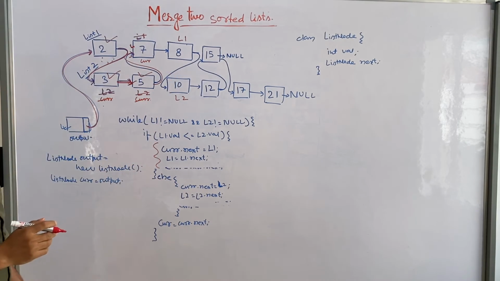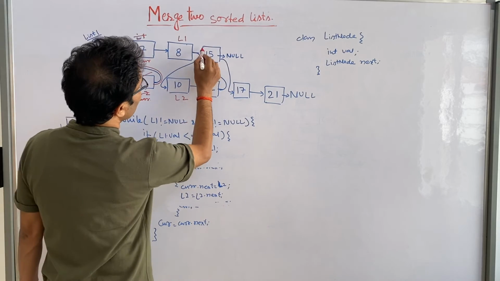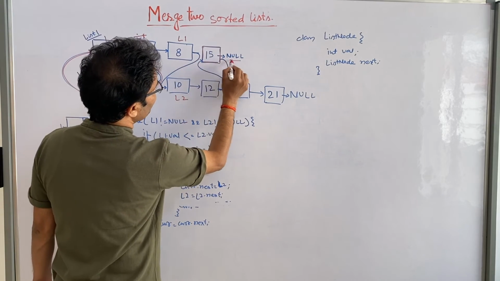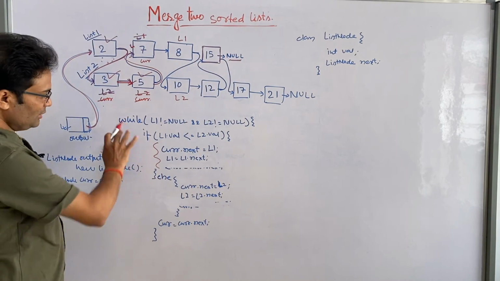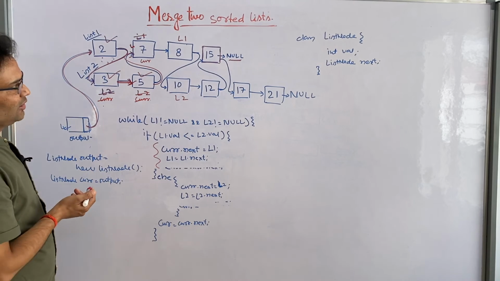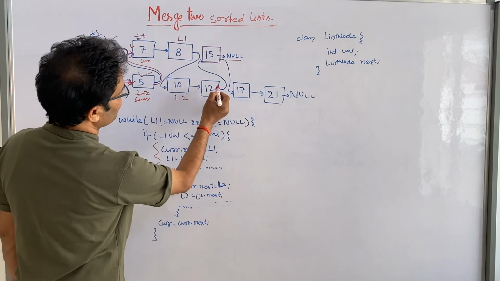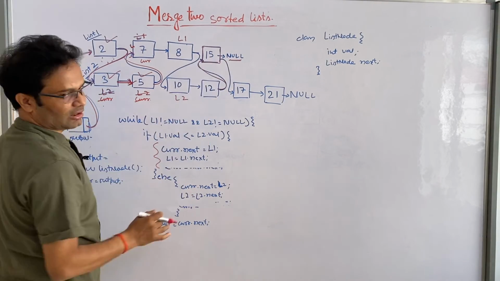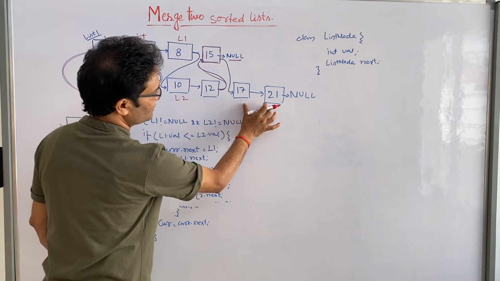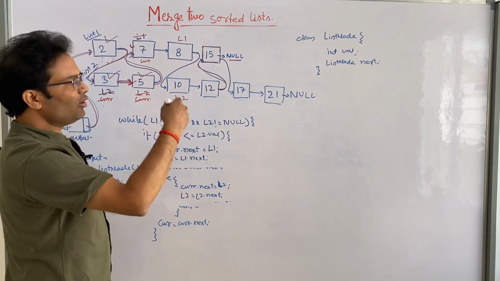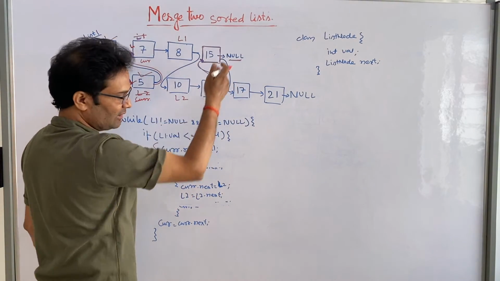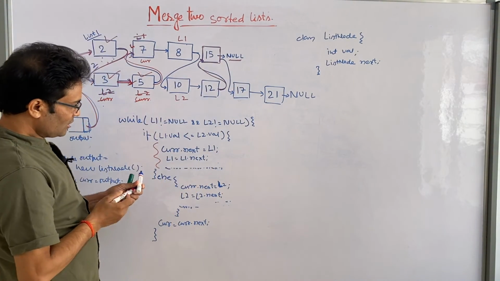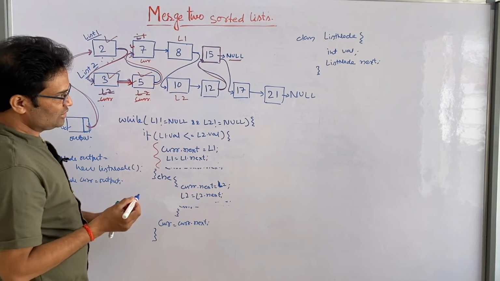It will go like that, but the moment it comes to the 15, it will face the null. So it will come out from the loop. This much we have done. After 15 it will come out. But again we have to consider this part, or the other one if that is there on the first part, right? In both cases, after this while loop you have to check